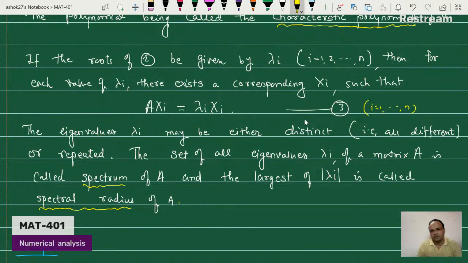The eigenvalues lambda i may be either distinct or repeated. Distinct means all are different, and repeated means some may be equal. The set of all eigenvalues lambda i of matrix A is called the spectrum of A, and the largest of the eigenvalues